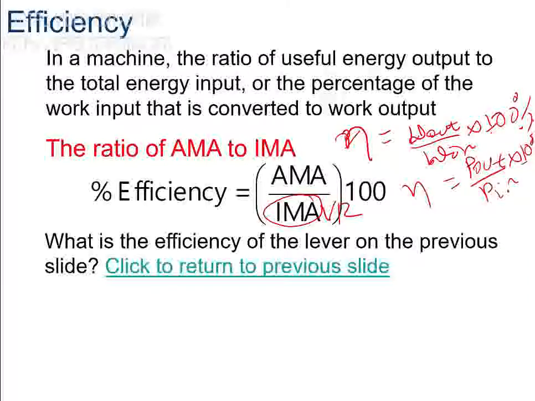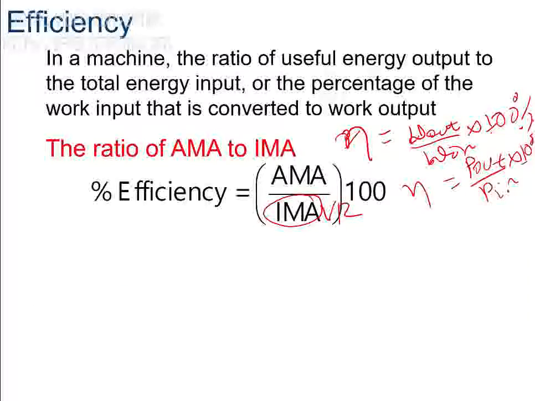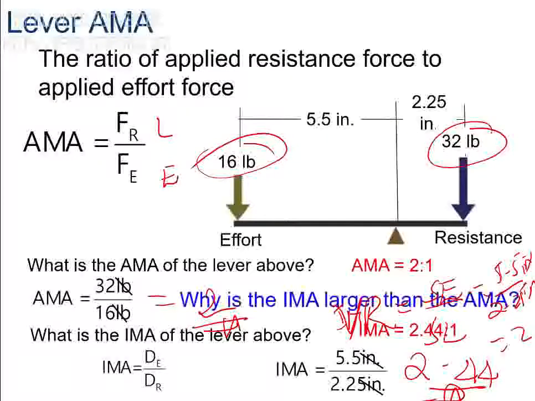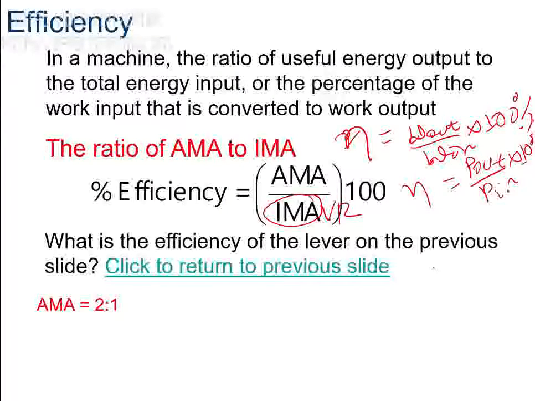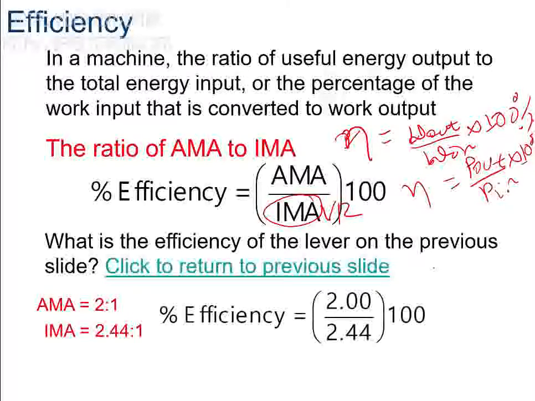What is the efficiency of the lever? On the previous slide, we have the ideal mechanical advantage of 2.44 and the actual mechanical advantage of 2. Therefore, let us substitute that. The actual mechanical advantage is 2, the ideal mechanical advantage is 2.44. Therefore, the efficiency becomes 2 over 2.44 times 100, and finally you get